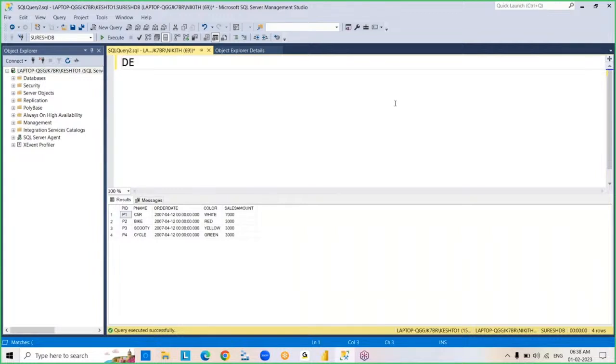So next command is delete. Used to delete the data from the table. See, we already worked with truncate, right? Then what is the truncate command? DDL commands, we worked with truncate, right? Truncate also is used to delete data from the table only. But the thing is, the difference is